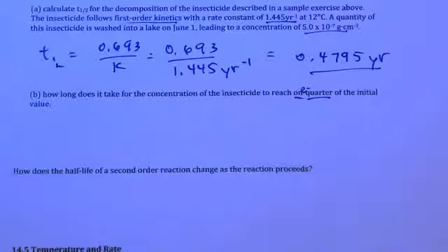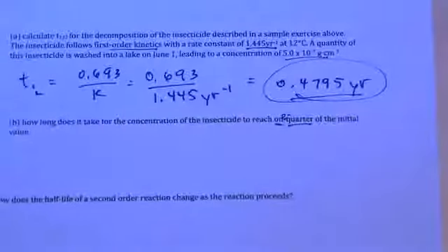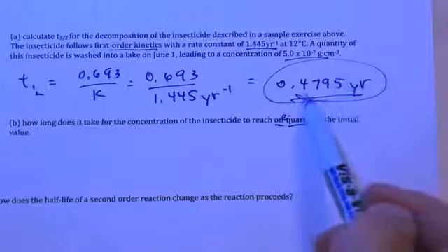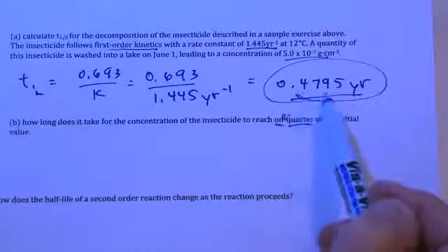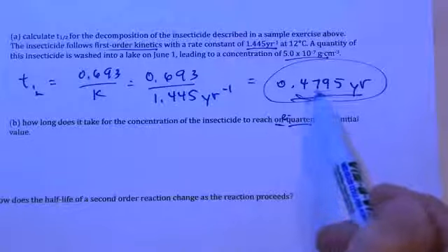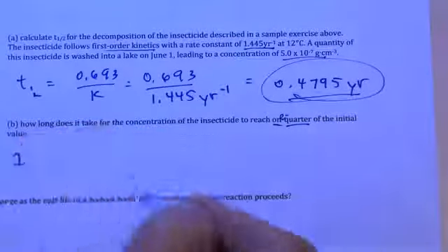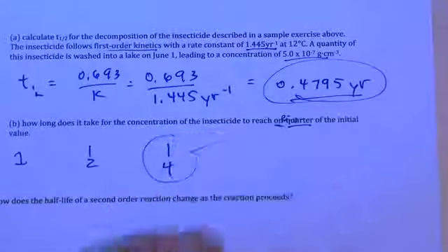Second question, how long does it take for the concentration of the insecticide to reach 1/4 of the initial value? Well, this is how long it took to get to half the original value. How long would it take to get another half? In other words, to get another quarter. Well, it took approximately half a year to get to half, and this is pretty approximate because it's 0.479, but it would take another half-life to get to a quarter, because if we start with an amount of 1 and we work to half and then we get to a quarter, which is 1/4 right here,